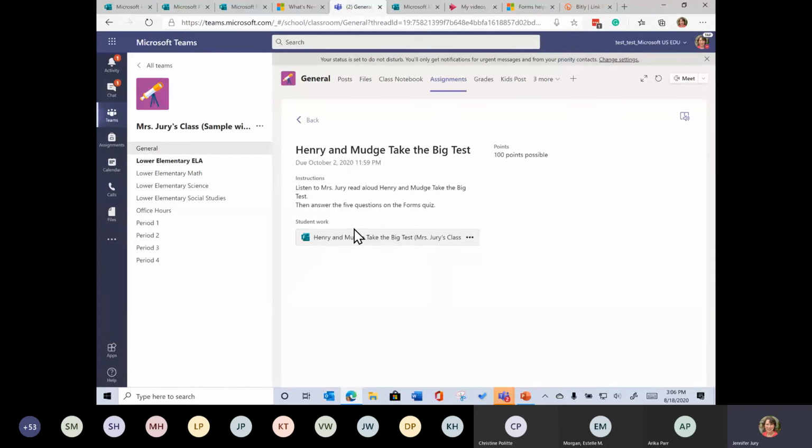This is what they'll see. They'll see the launch, the link. You see Immersive Reader is built in here as well. And what's really cool that Microsoft does is when you upload it to an assignment in Teams, it's actually